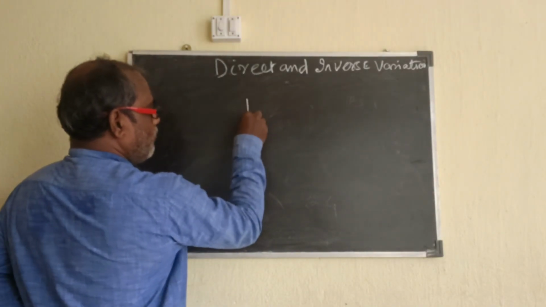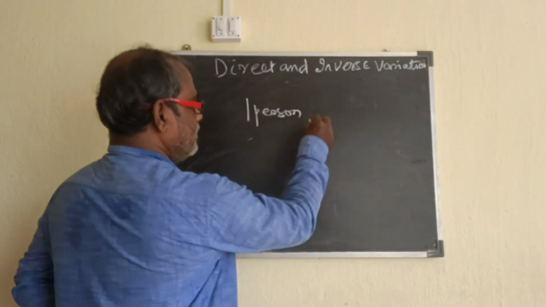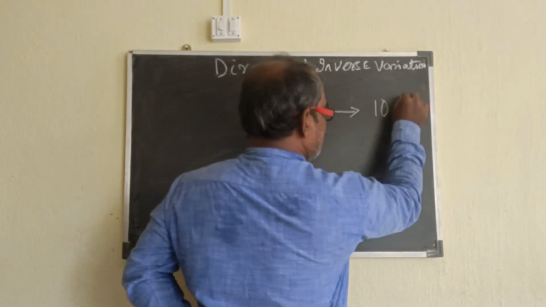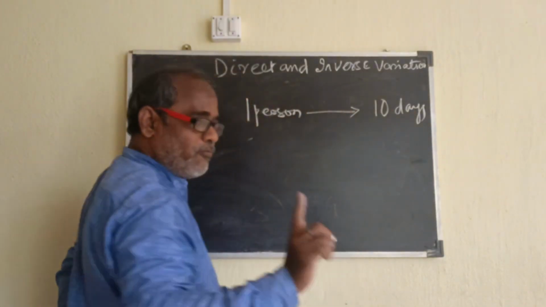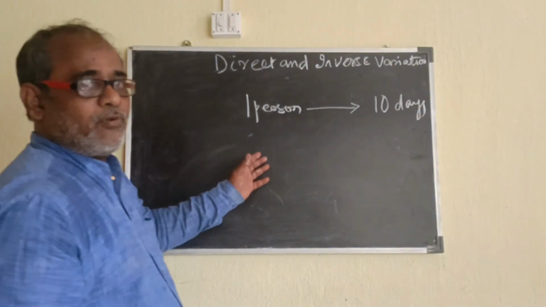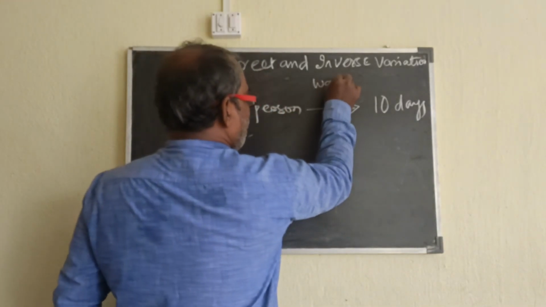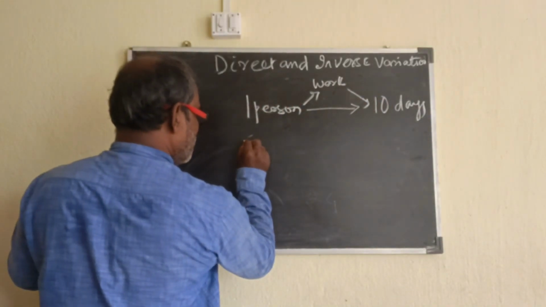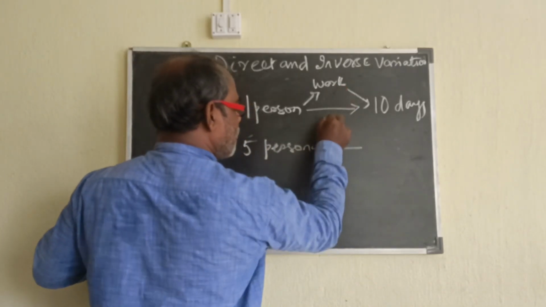Suppose one person can do a piece of work in 10 days. One person can do one piece of work in 10 days. Let us go with one more example. Suppose one person does a piece of work in 10 days. So 5 persons will do the same piece of work